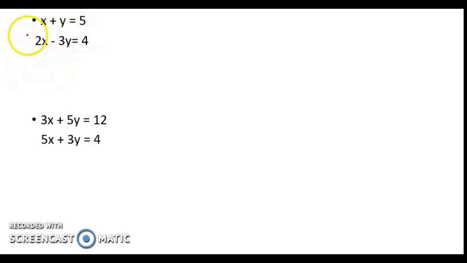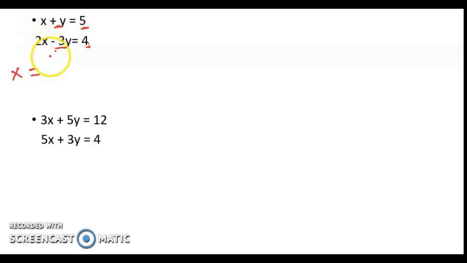Let's practice some more problems. Here, in these equations, if you want to find out the value of x and y, then first of all, to find out the value of x, we will cross multiply. So here 1 multiplied with 4 is 4, and minus 3 multiplied with 15 is minus 15. So this is 4 minus minus 15, so minus minus plus, so you will get 4 plus